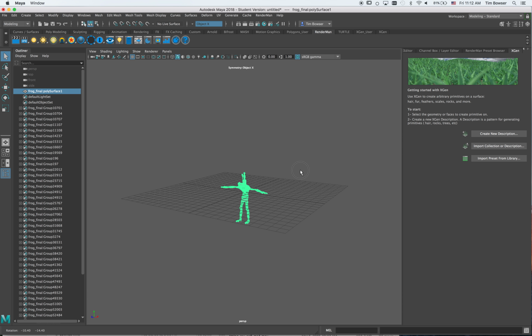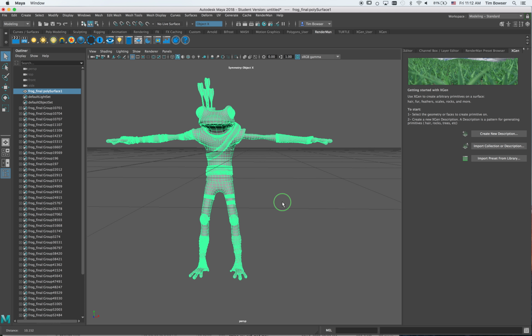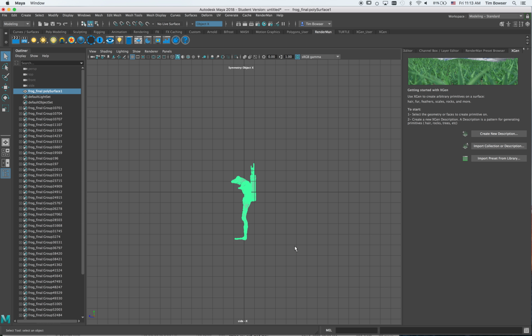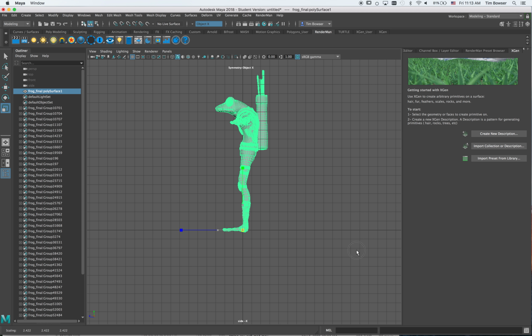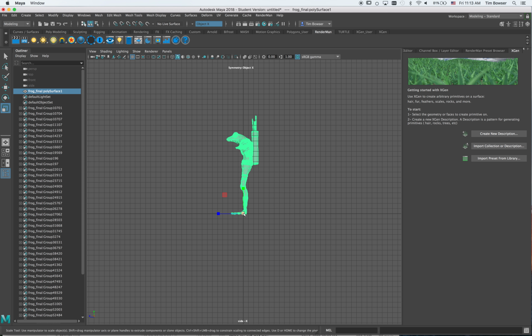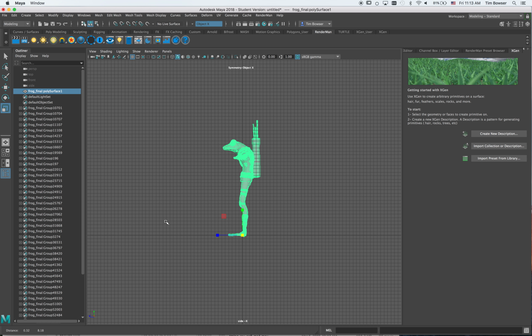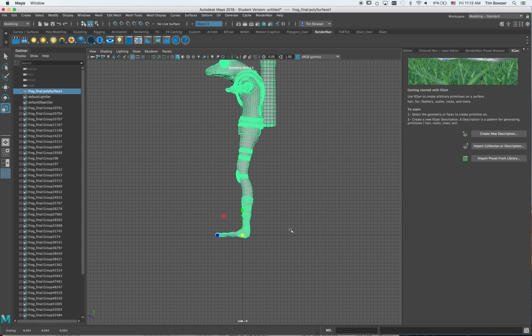Alright, so now grab this guy, and he should be one piece, and we want him to be at the origin, so I'm going to move him up, and we want him to be about the size he'll be. My units are in centimeters, and that's what it'll default to. So I'm going to hold down D and X, and I'm going to grid snap that to the bottom. So D and X allows me to move the center pivot. I'm then going to scale this up,